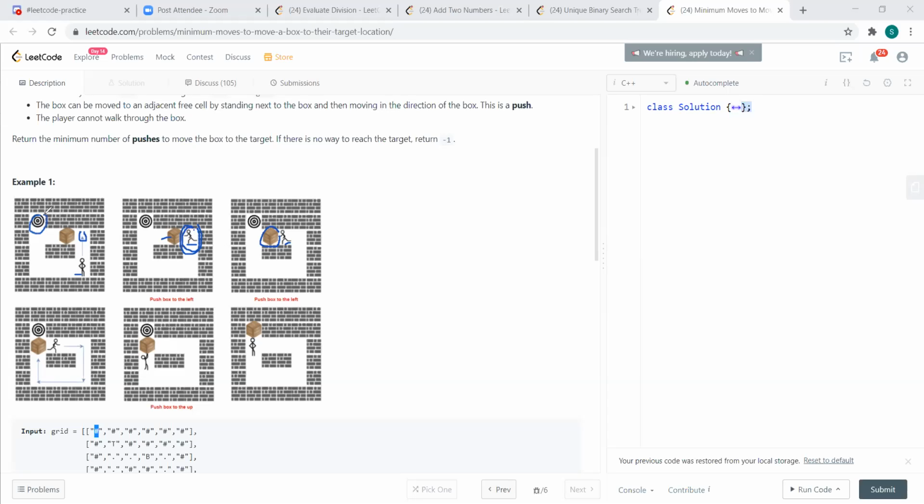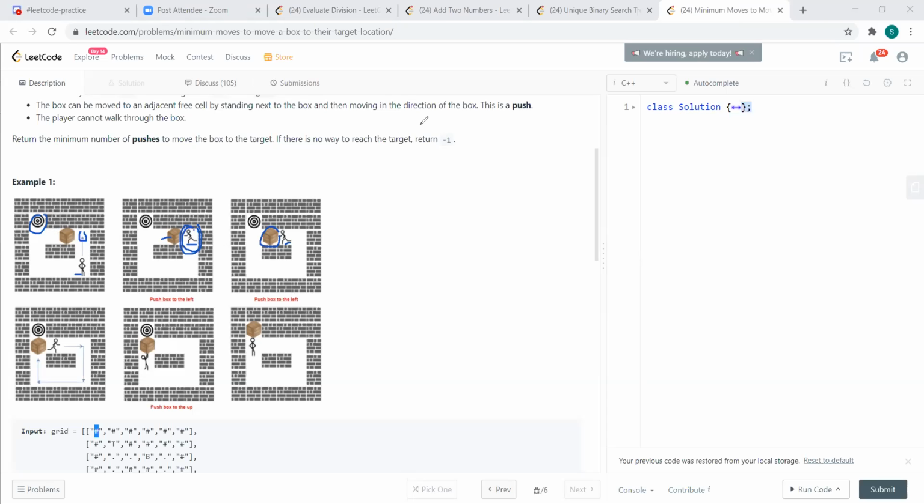Even if we place the player somewhere at the target, I don't know that we are allowed to move the target. The box can always be moved, but they didn't talk about the target, though I might be wrong. There might be some implementation like that.